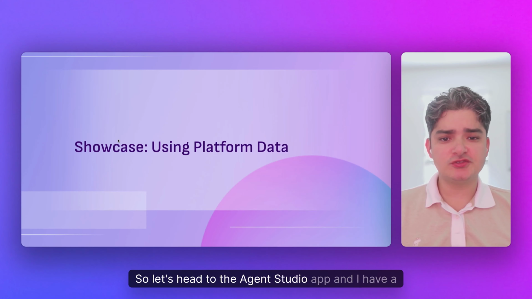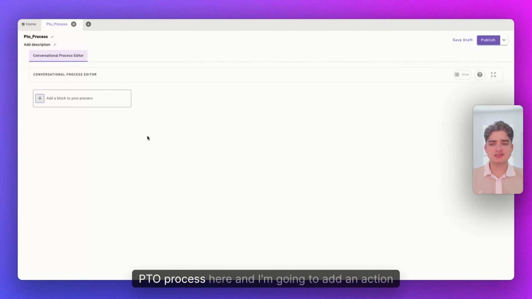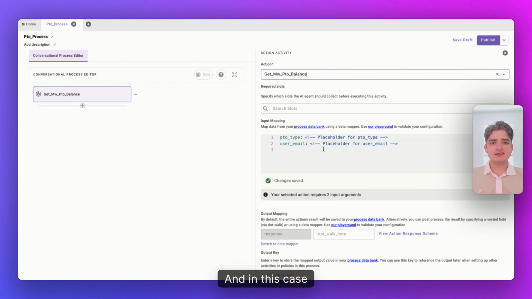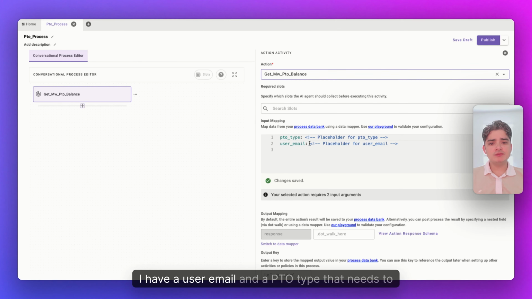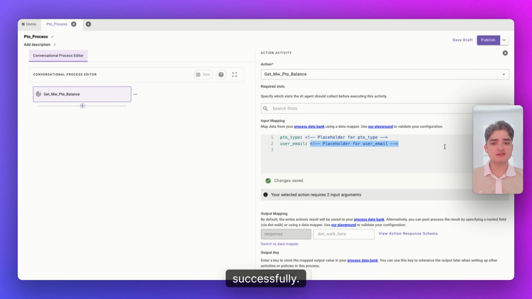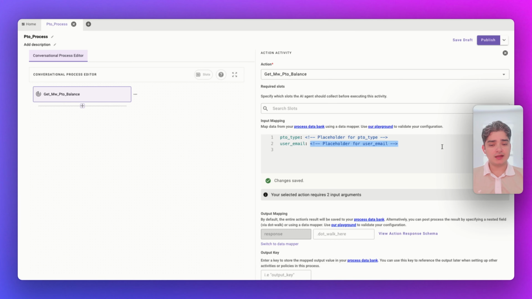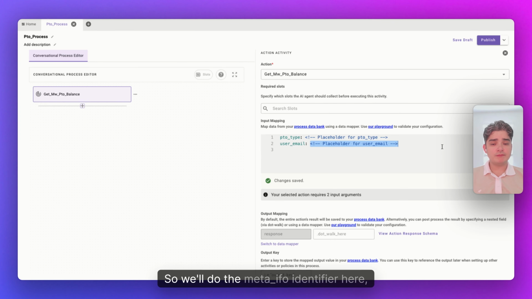So let's head to the Agent Studio app, and I have a PTO process here, and I'm going to add an action which is called get Moveworks PTO balance. In this case, I have a user email and a PTO type that need to be passed to this action so it can run the API successfully. The user email is, we want only the users that run this plugin to fetch their own PTO. We don't want them to add any other requests for any other people's PTO balance, right? So we'll do the meta_info identifier here,